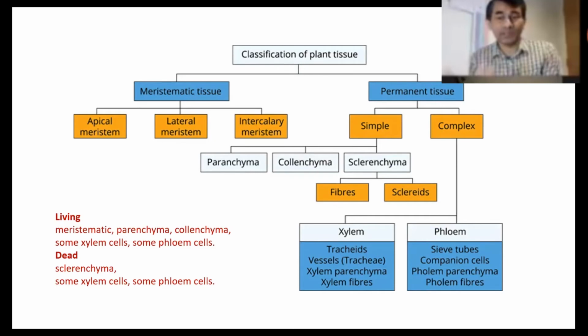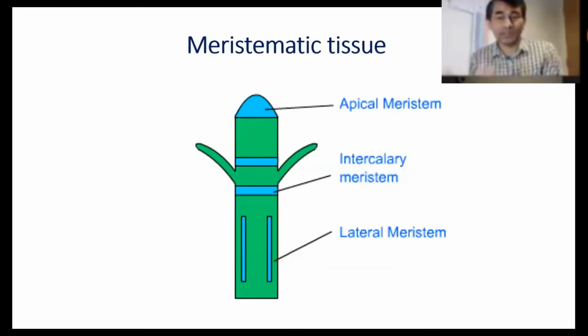It's temporary, it keeps dividing and it keeps producing different cells. So there are 3 types of meristematic tissue here. This is the stem of a plant. Meristematic tissue also exists in the roots of the plant, at the tip of the roots. So growth of the plant occurs in certain specific regions because they have this dividing tissue known as meristematic tissue